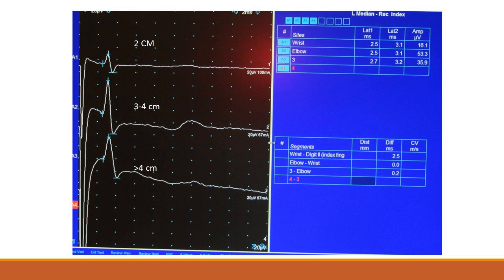We want to have an idea of how far away we want our recording electrodes. If you notice here,